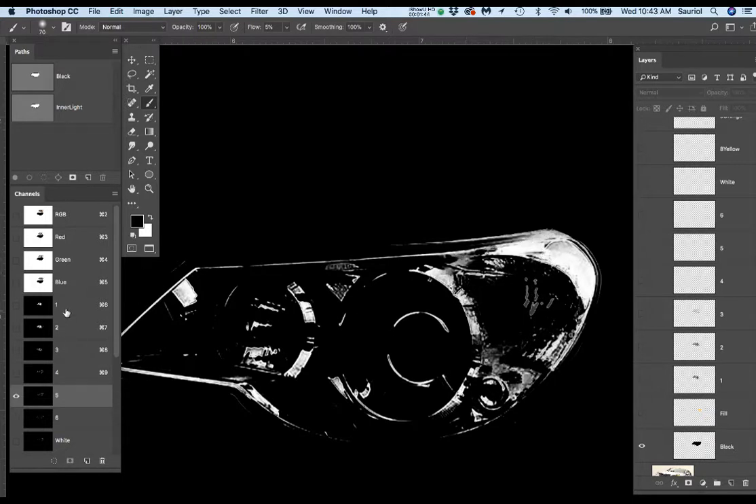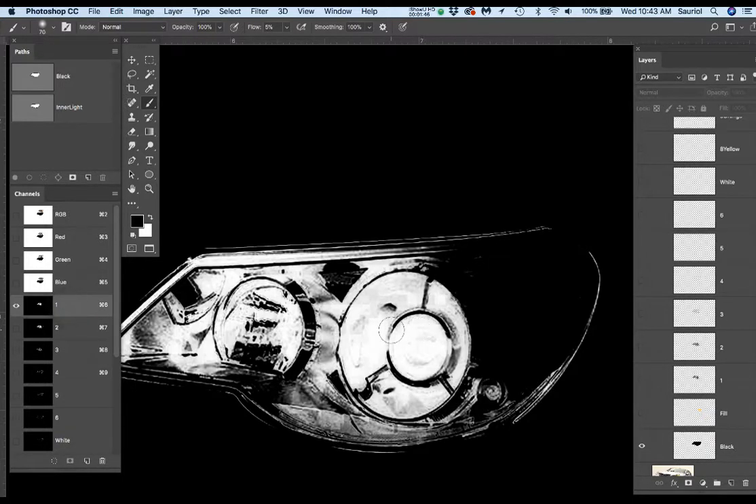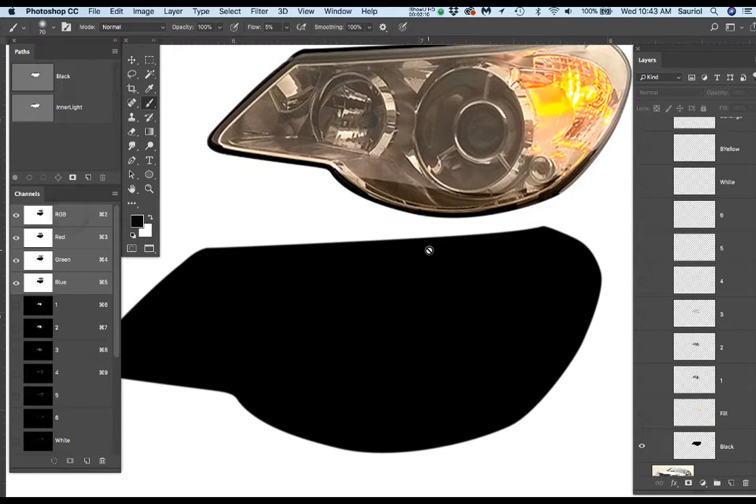Now I'm going to just say something to those of you who've never worked in channels. When you command or control click on a channel, whatever's white turns into the selection, whatever's black doesn't. Whatever gray is, or wherever gray is, turns into somewhat of a selection. So understand that black and white and gray to a channel are actually selections. Okay, so I'm going to click back up to the RGB image here,